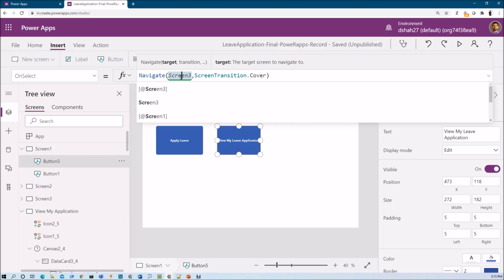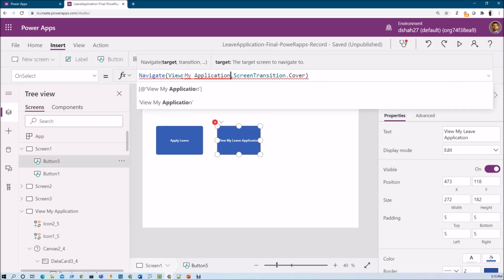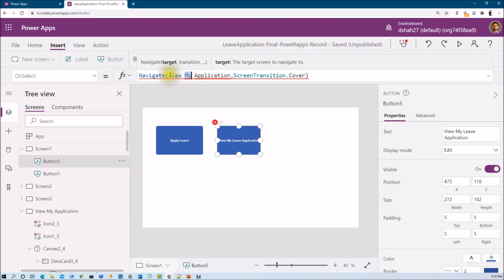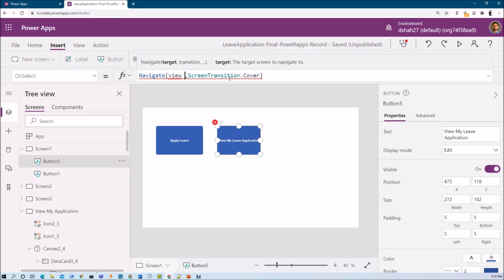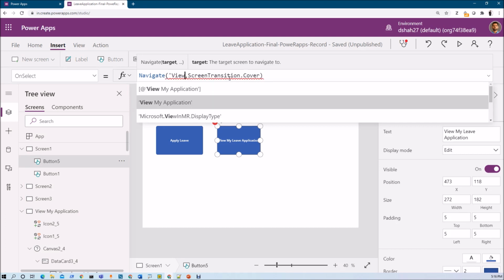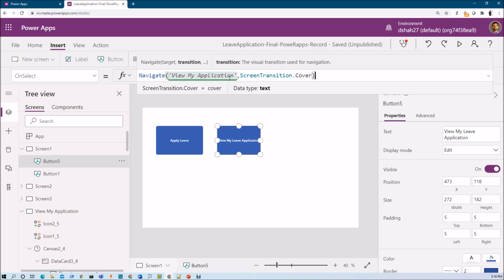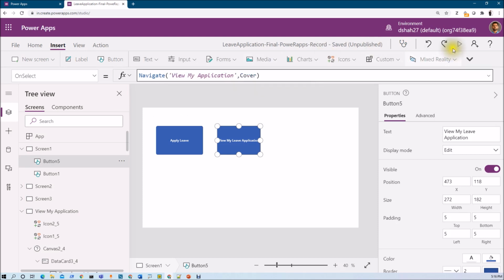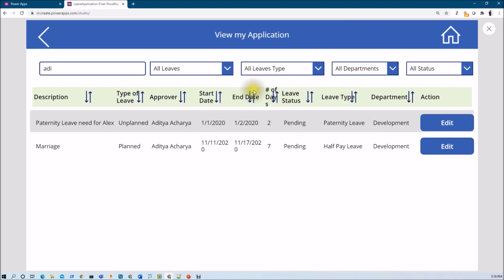So I'm just providing its screen ID over here like this. Navigate to view my application, right. So this will redirect me to this grid created by me, right?